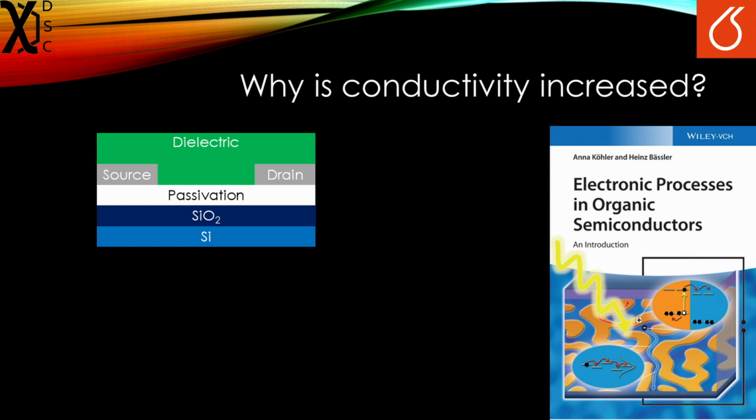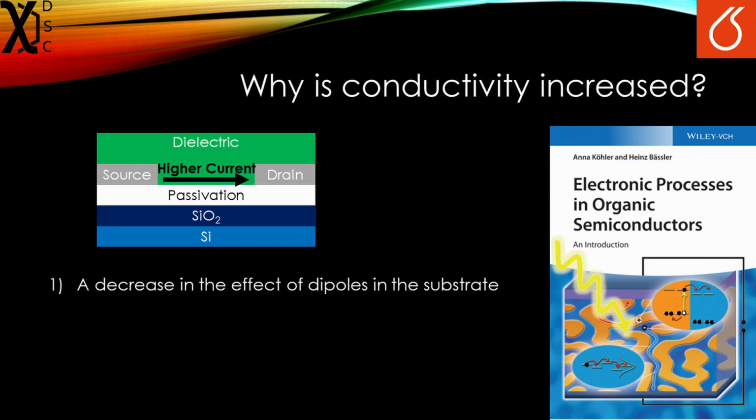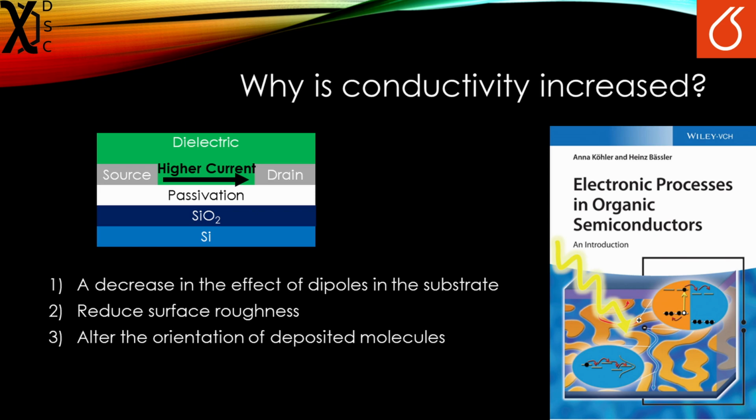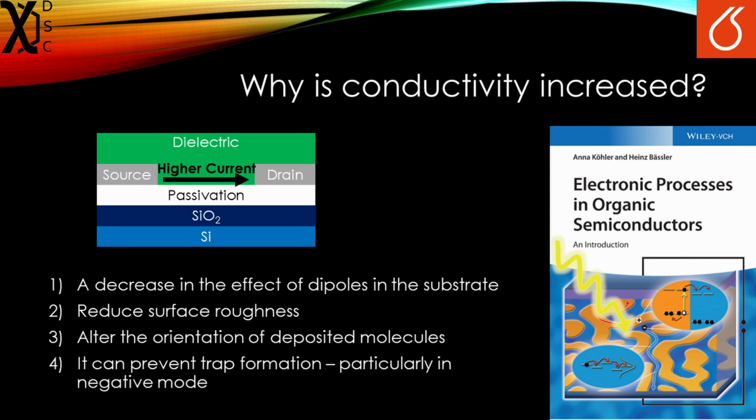are necessary. Principally, there are 4 ways in which a self-assembled monolayer, or SAM, passivation increases the conductivity of an OFET. 1. It can reduce the effect of dipoles in the insulating substrate. 2. It can reduce the surface roughness. 3. It can alter the orientation of the deposited molecules. 4. It can prevent trap formation, particularly for OFETs in negative mode. I will begin by explaining the most complicated reason, that is the reduction in the effect of dipoles in the